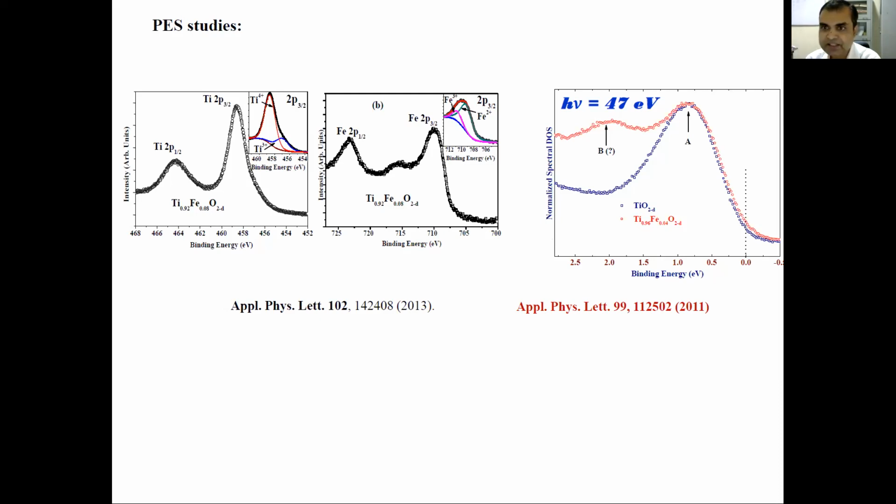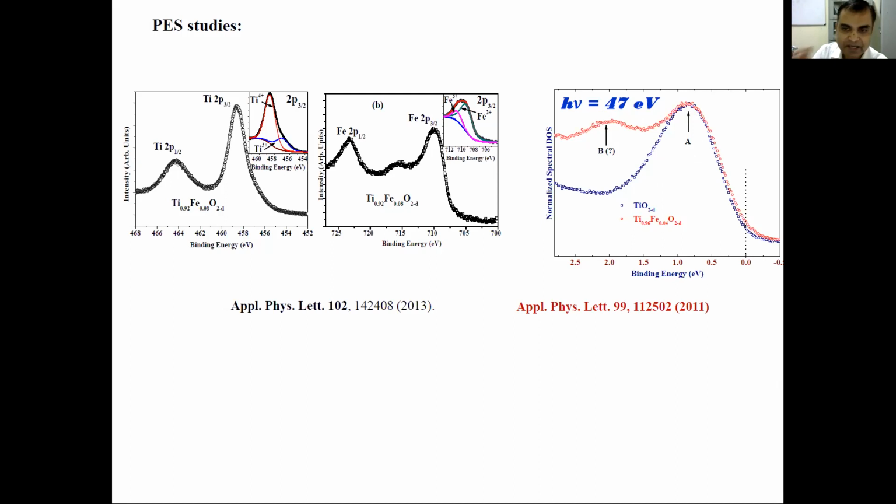And another thing is that after iron doping we had a new feature appearing, right? So we had to understand the origin of this feature A and the origin of this feature B. How do I do that? To confirm that, we varied the incident photon energy and recorded this spectra so that we can plot the intensity of feature A as well as feature B and see whether they show any maxima or not. Because we know that titanium 3p to 3d will have a different photoabsorption energy with respect to iron.